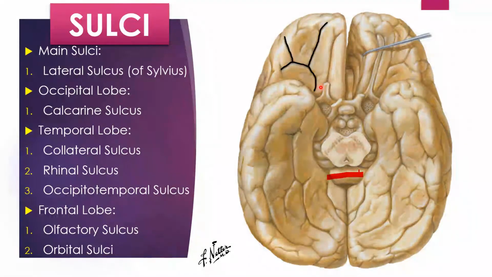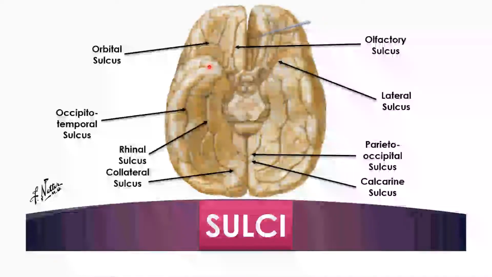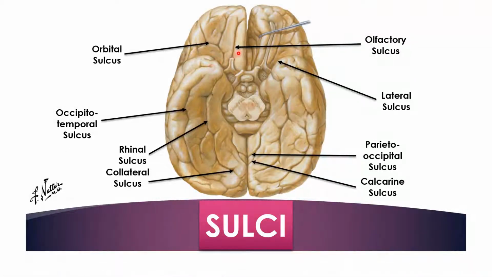Okay, so these were the sulci of the inferior surface of the cerebral hemisphere. Now this is the revision. The calcarine sulcus arising from near the splenium of the corpus callosum. Parieto-occipital sulcus will be meeting it along the halfway of its length. Then the main sulci will be the collateral sulci and the rhinal sulci and the occipitotemporal sulci. From the occipital pole to the temporal pole, there will be the olfactory sulcus associated with the olfactory tract, and there will be the orbital sulci forming an H-shaped structure.